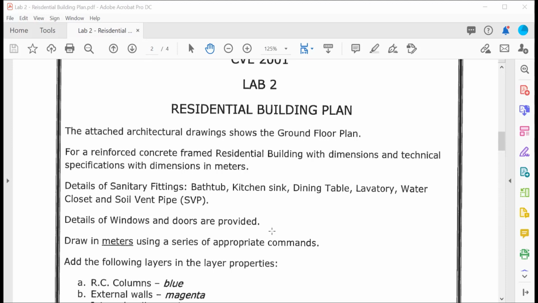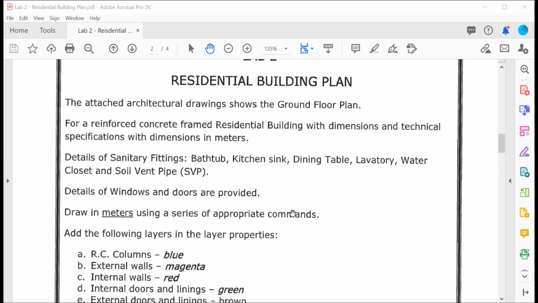And then we have the details of sanitary fittings like bathtub, kitchen sink, dining table, lavatory, water closet, and soil vent pipe. So details of windows and doors are provided, and we have measurements in meters using a series of